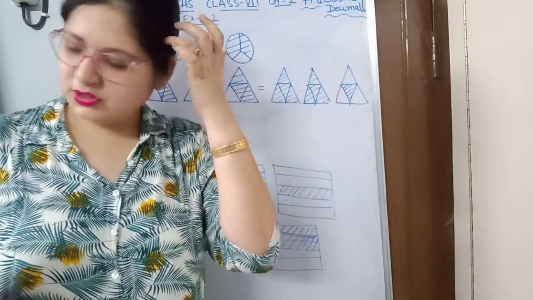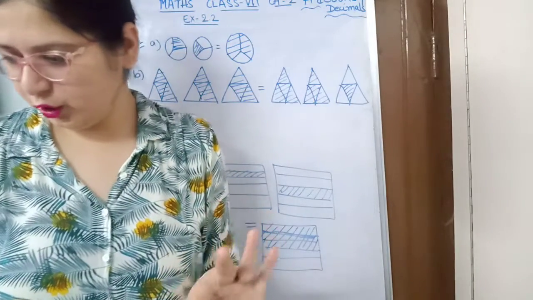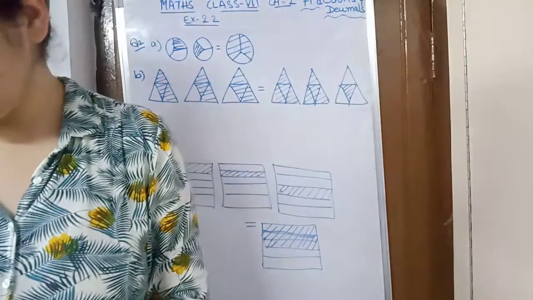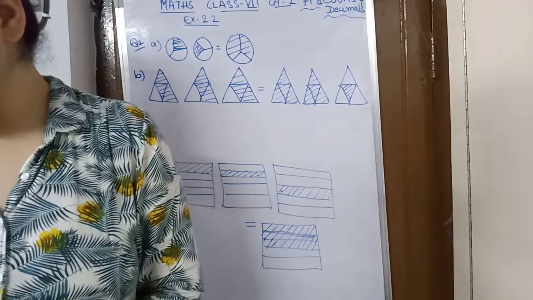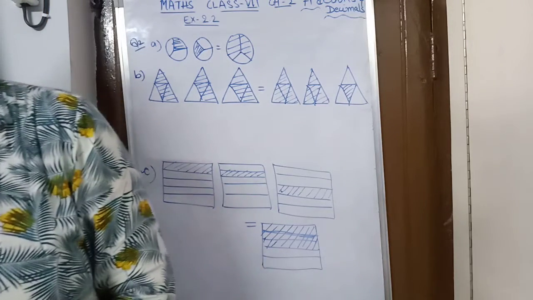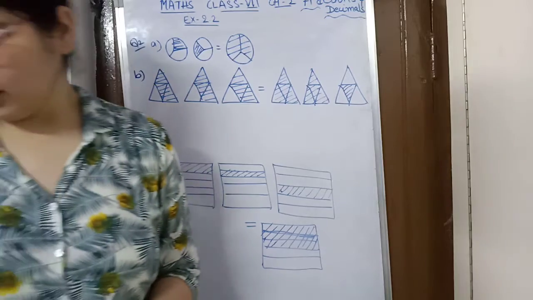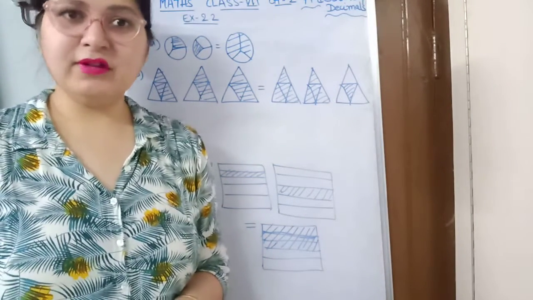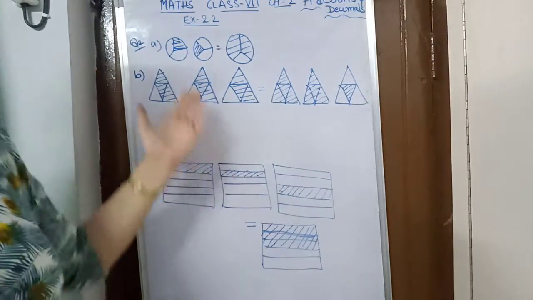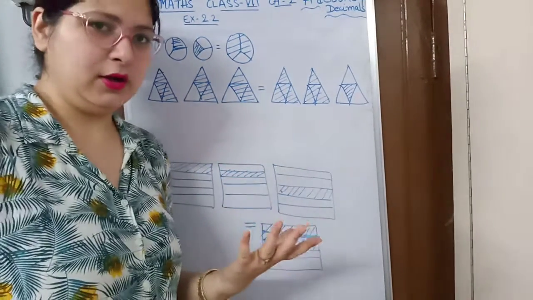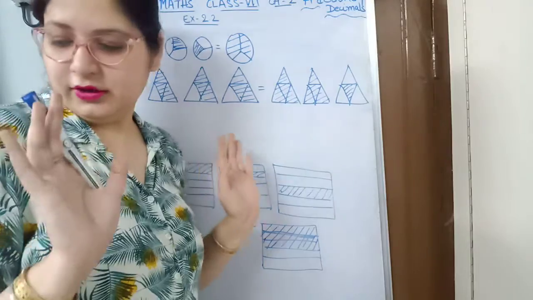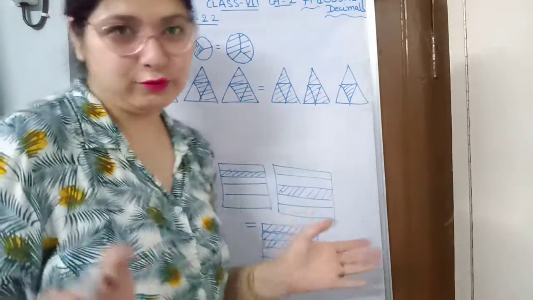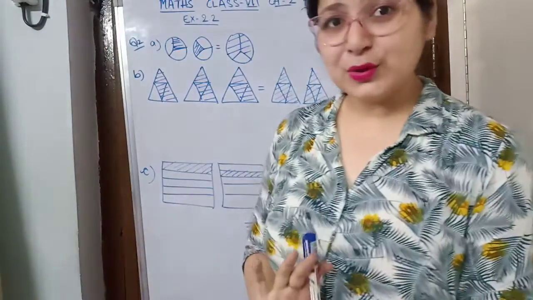Now see in your books, there 3 parts are given. 3 into 1 by 5 is equal to 3 by 5, 2 into 1 by 3 is equal to 2 by 3, and 3 into 3 by 4 is equal to 2 1 by 4. See what they are saying, we will not see the first, second and third part. We will see only ABC figures only, and from these figures we will find out our answer. Okay, we do not need the answer of the book. We will solve by ourselves because we have understood the concept.